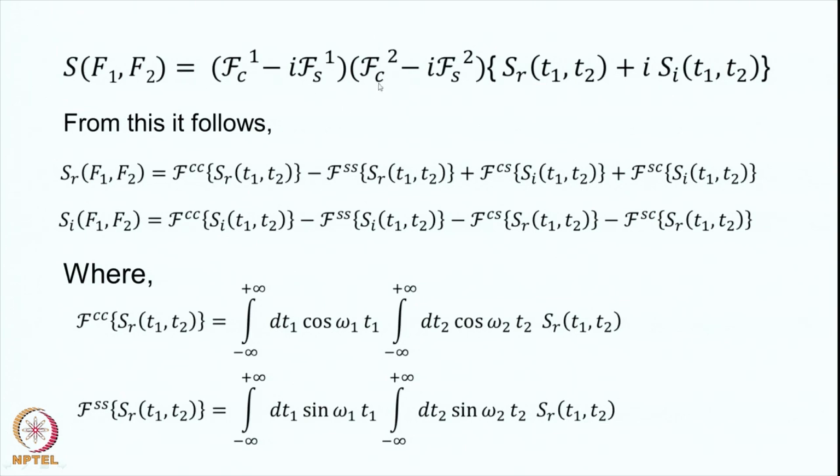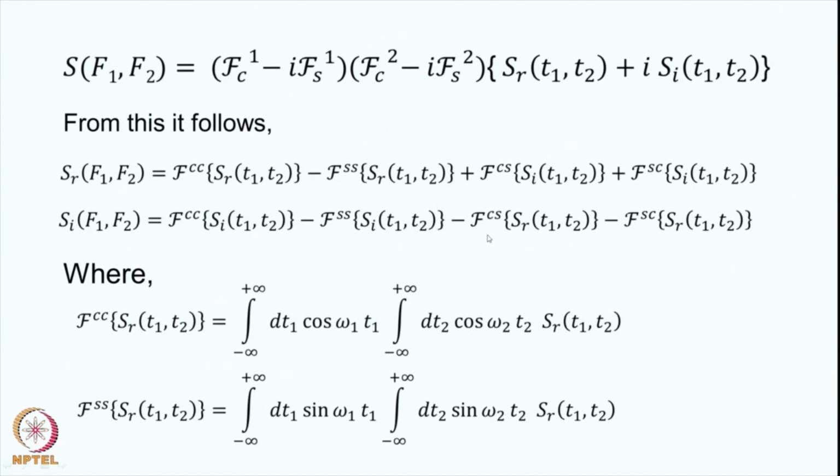So, FSC SI(t1, t2), all of these will be real. Likewise, if you see FCC operating on i SI, this and this will give you FCC SI(t1, t2) because this will have the i component here and therefore, this is imaginary, and similarly minus FSS, that is this product and product with this. So, this gives you plus i squared, then you have another i here and therefore, you will get minus FSS SI(t1, t2), and then you will have